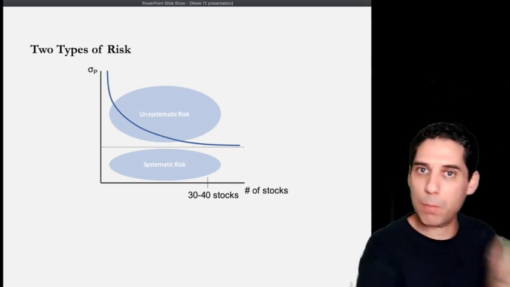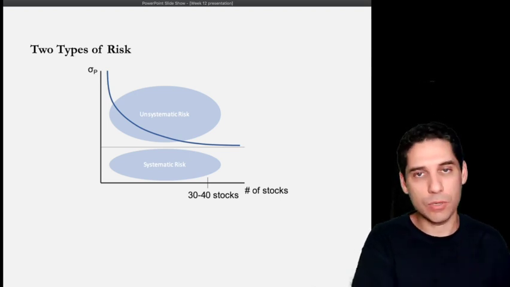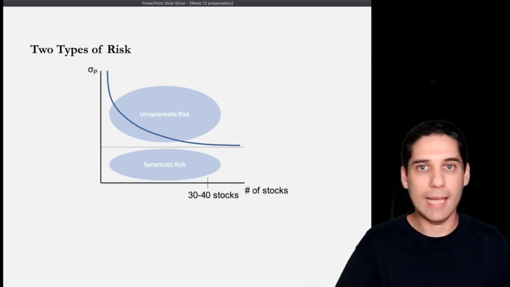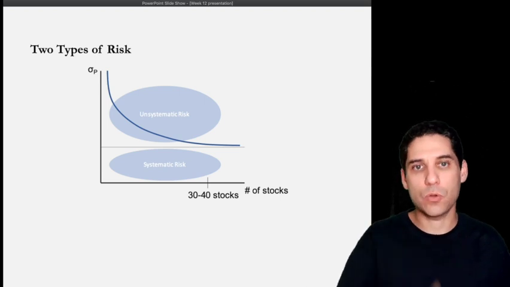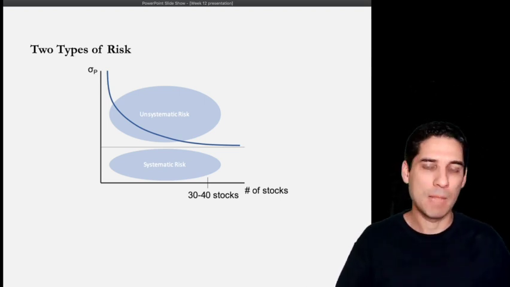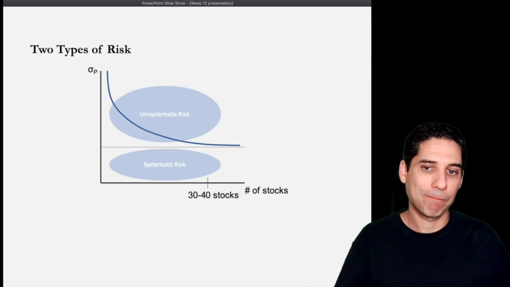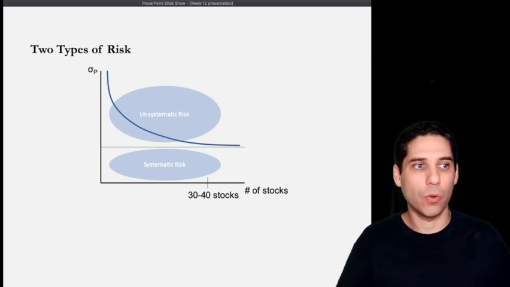But then there is the part we are stuck with, and we cannot reduce anymore. Whatever we add, we are going to be stuck with that amount of risk. That's called systematic risk. Okay, and the rule of thumb is, this doesn't apply to all cases, but